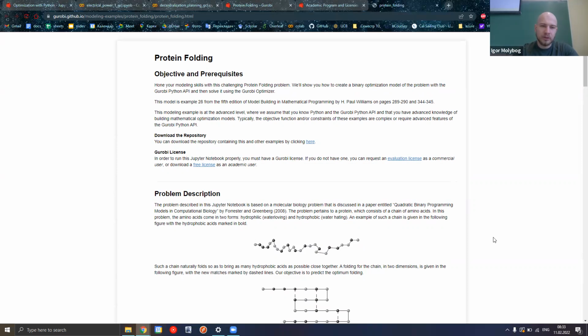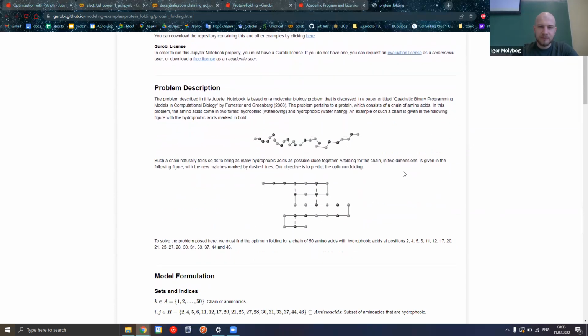You have a one-dimensional structure of a protein that consists of hydrophobic acids and hydrophilic acids. And hydrophobic acids are the things that are interesting to us in this case. So it is known that when a protein is actually located in the universe, it's never really found in the form of a straight line, right? It has some